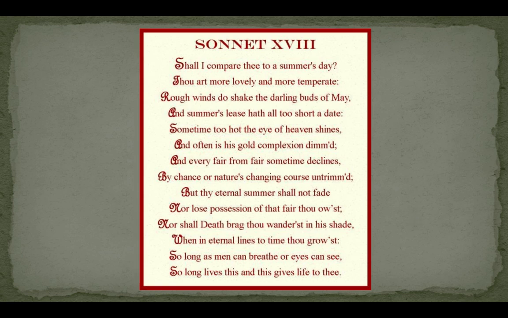So lots of imagery and metaphors related to summertime, springtime, growing, the sun, things fading, things growing, all of these things happening in the summertime. So we're going to look for these types of images and metaphors. So we see an ongoing or extended metaphor here where summertime and all of the things related to summer are